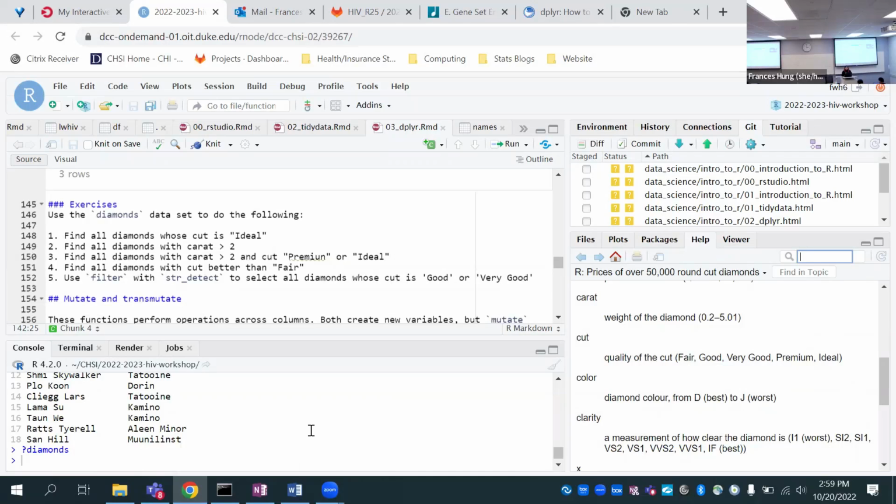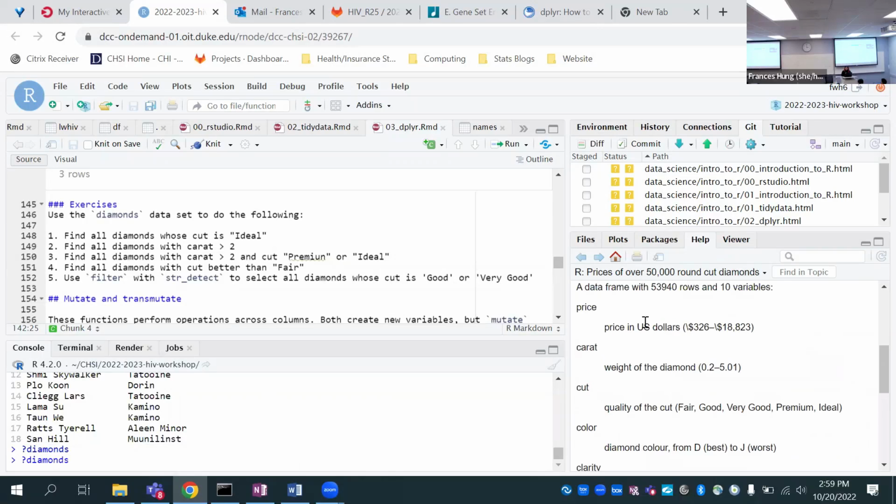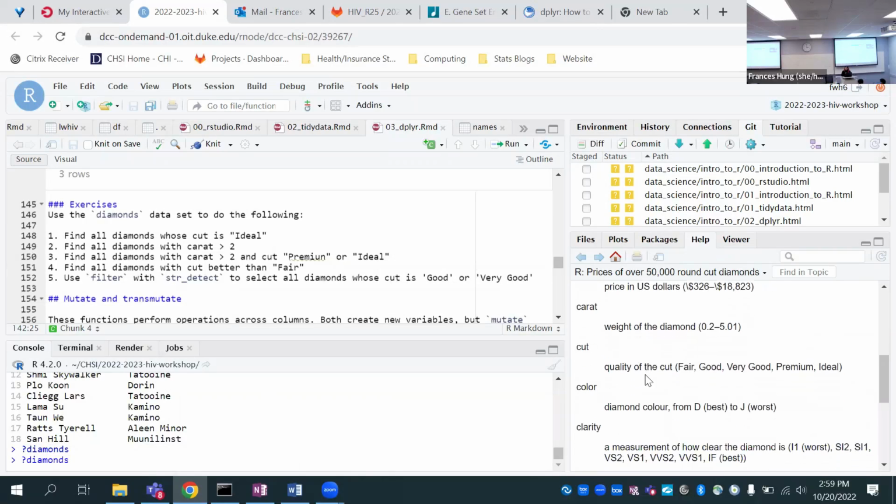Also, if you want to look at more information about diamonds, you can use this question mark and then type in diamonds. And you'll be able to see things like what the price range is, what sort of cuts there are, and so on. Which will come in handy for question number 4.